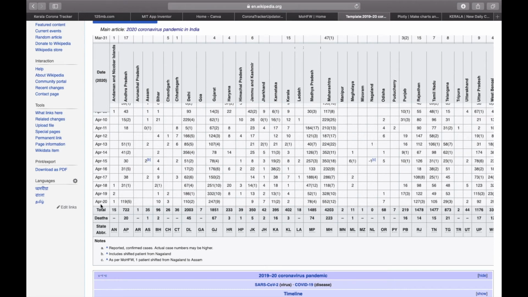Here you can see, on April 20th, if I am looking at the Kerala region, only 2 cases are there. But this is not the actual fact. On April 20th in Kerala, 6 cases were reported, and on April 19th only 2 cases were reported. On April 18th 4 cases were reported. On April 17th 1 case was reported. Just like that, the entire column is a bit shifted down. That is a problem over here. What I have to do in order to clean the data is shift this date column